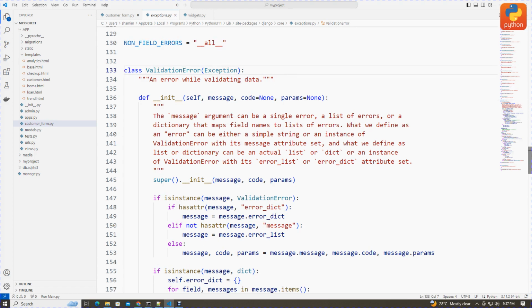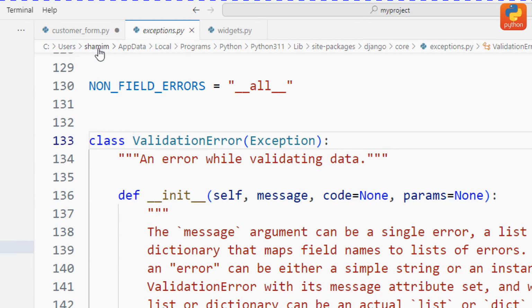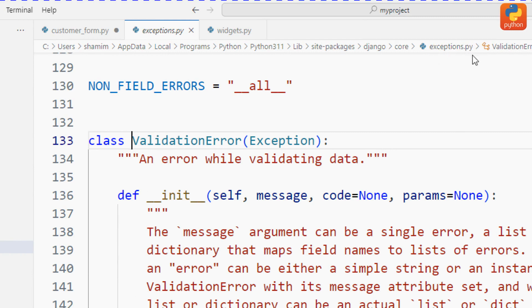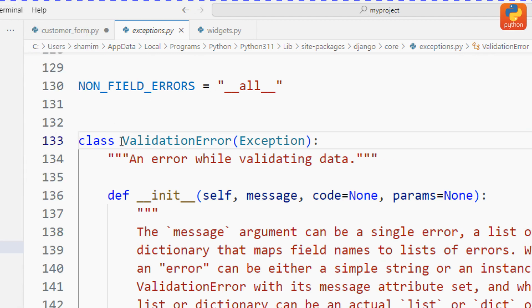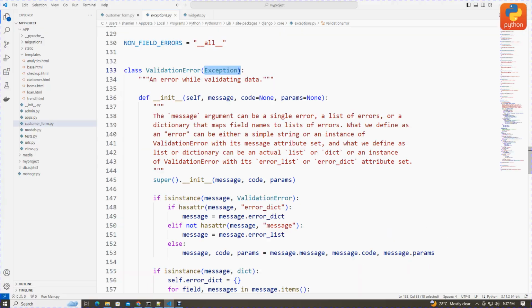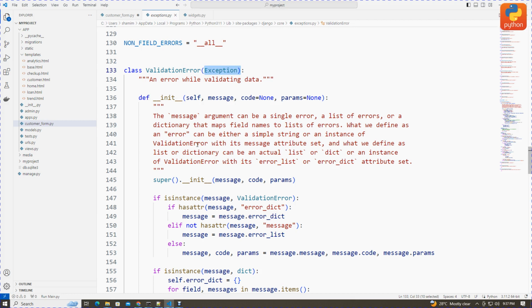Now you can see class inayohusika na masuala ya validation. Now hii ni path ipo kwenye C users, your computer name, app data, local programs and so on until you get exceptions.py, and hii ni validation error class. Now you can see class is validation error, imepitisha parameter ya exception handling. Okay, so now after doing so,